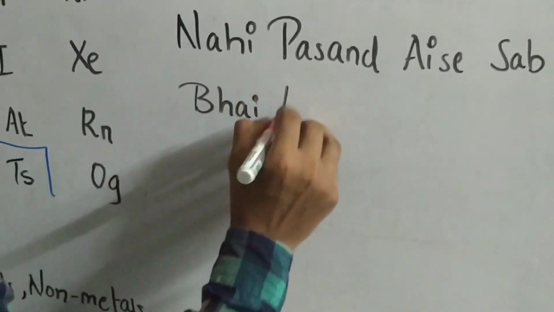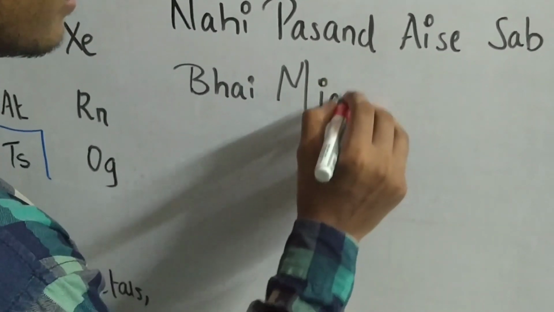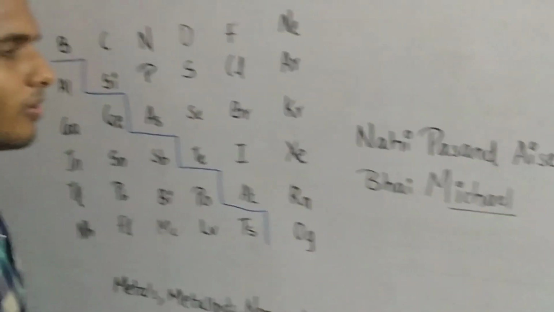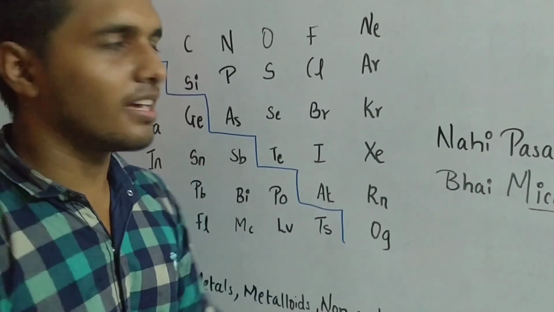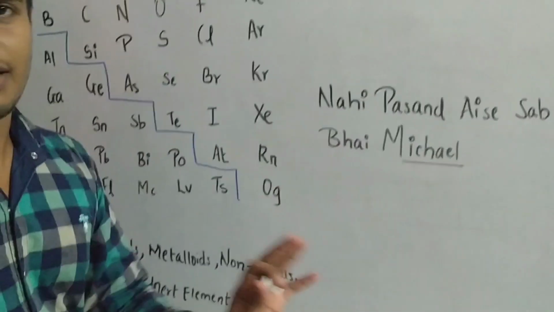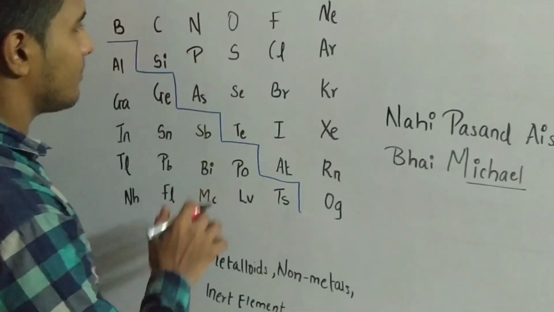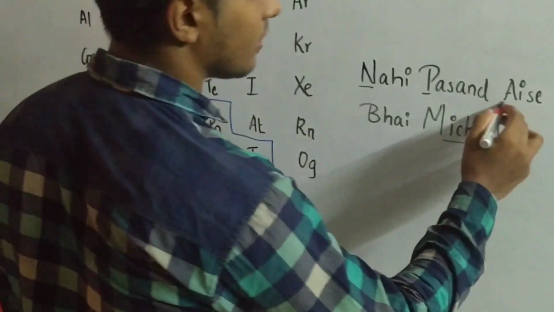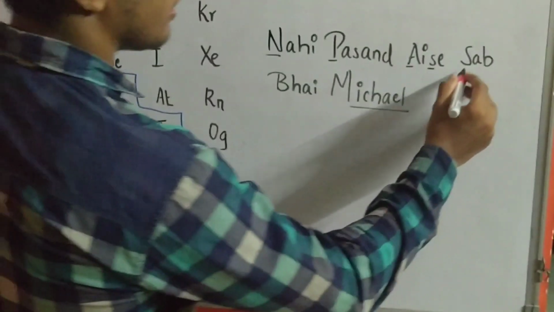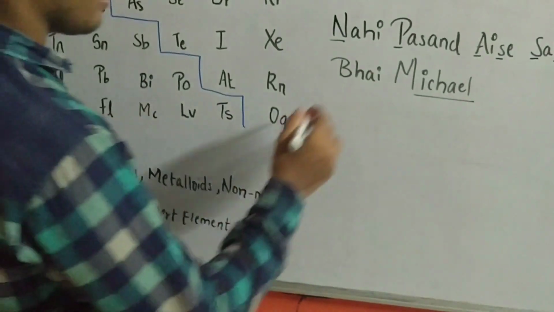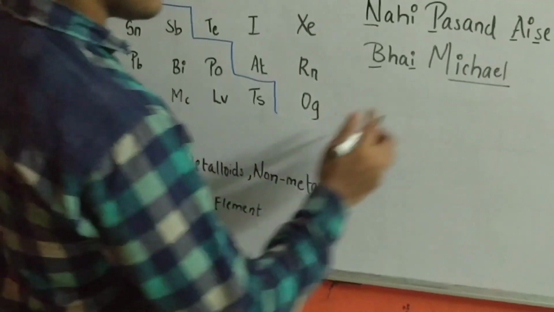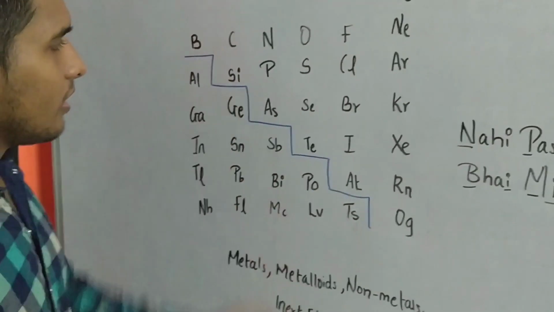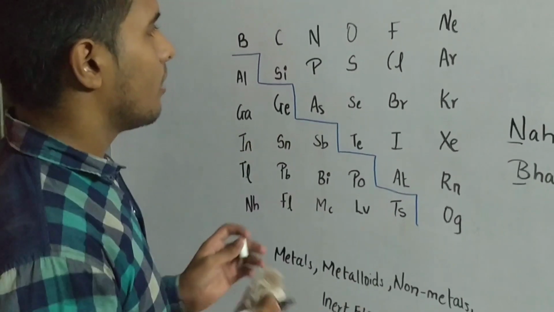For you English persons, I have made this more innovative, that is the last word Michael, and the rest I have written in English. So this line means: I don't like all these things Michael. Simple. So how I have fitted all these elements are N for nitrogen, then phosphorus P, AS in ISA, SB in sub, BI in bhai, MC in Michael. So let's move to the next family of oxygen, which is most reactive in this block.